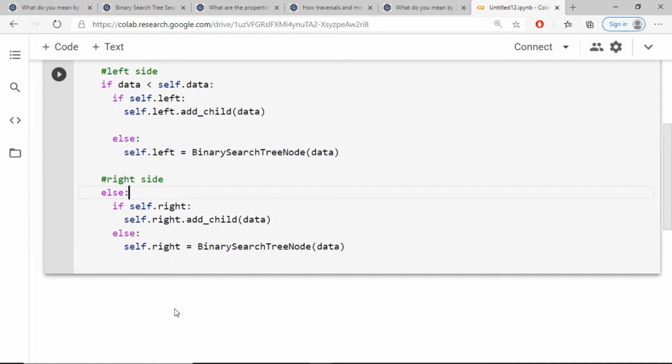Got it? How to add nodes in the binary search tree. Okay,